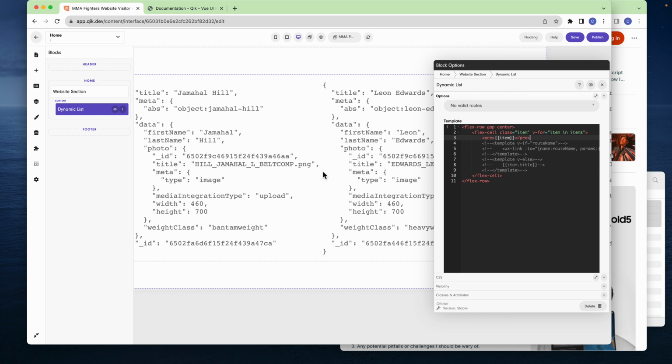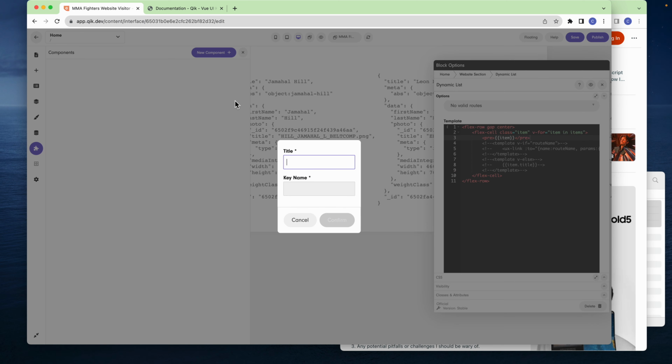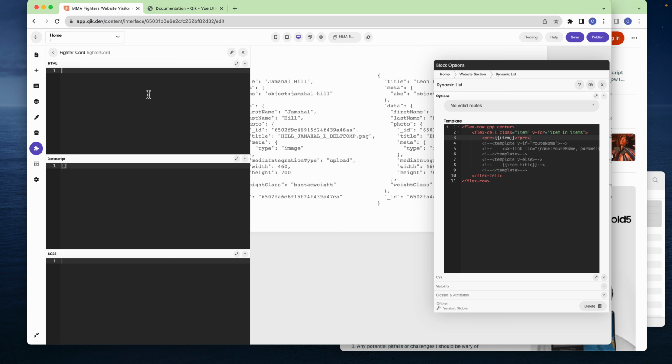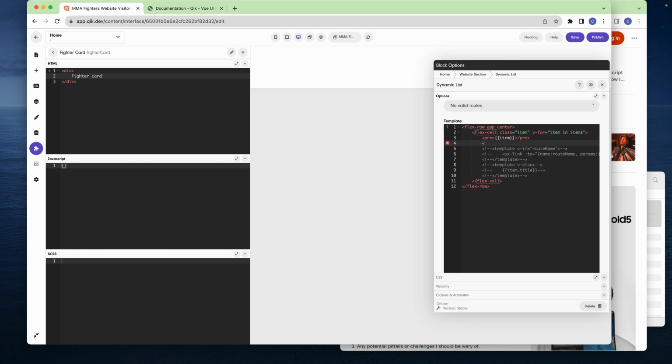Now we want to build a card that looks really cool that we can reuse across the website. So I'm going to show you how you can do that. We're going to click components over here. We're going to create a new component, and we're going to call this fighter card. And in here, I'm just going to put a div, and we're going to write fighter card. And over here in our dynamic list, which is this block on the screen, we're going to write fighter card,